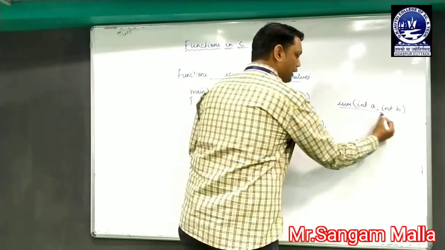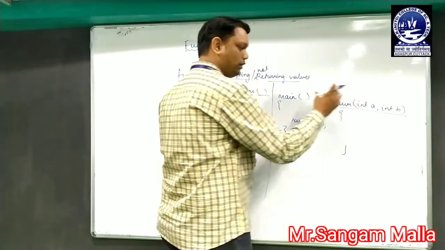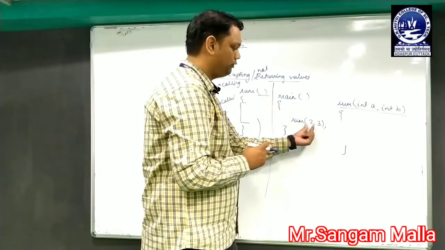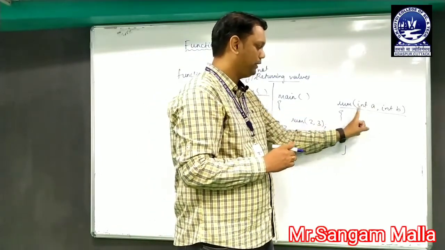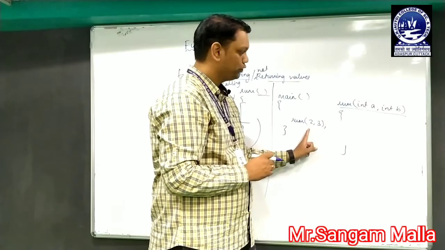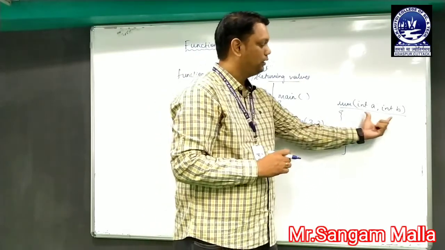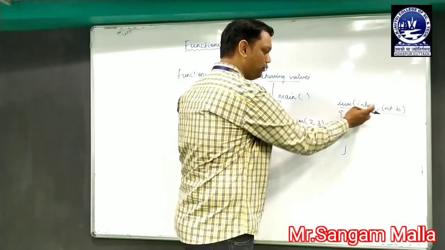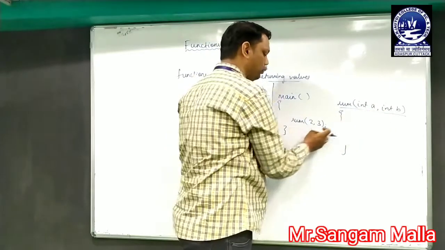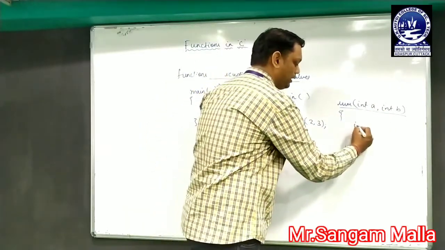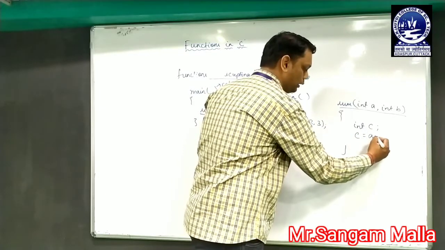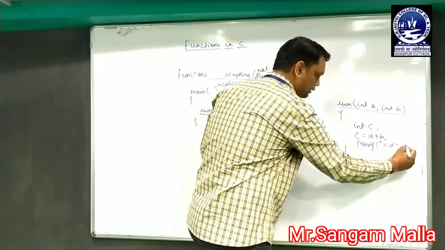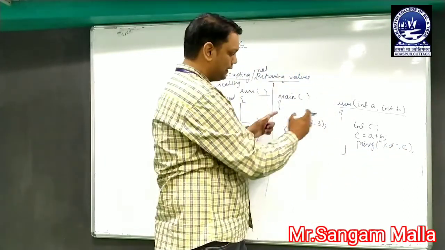So this is the syntax of writing the function. That means whenever function will accept a value, it will be in the form of this format. That means whatever value we are passing, it will have the same data type as the value that is being transferred. So it will also be in the same sequence that will be received by the function. So int a, that means a will hold the value 2 and b will hold the value 3. Now we can calculate anything inside the sum function. Let's say c equal to a plus b, and we can print it. Let's say printf %d c.